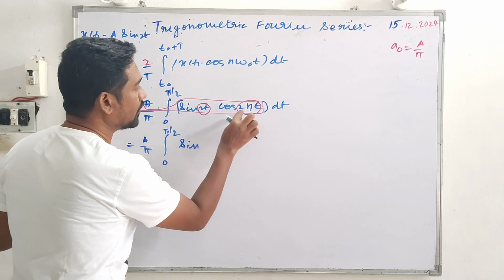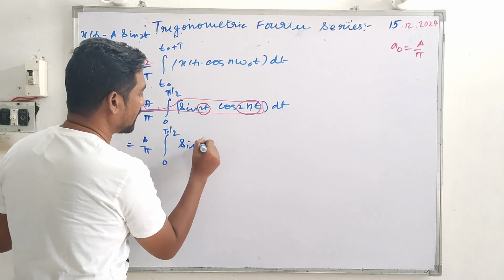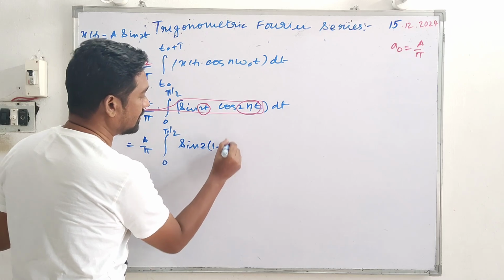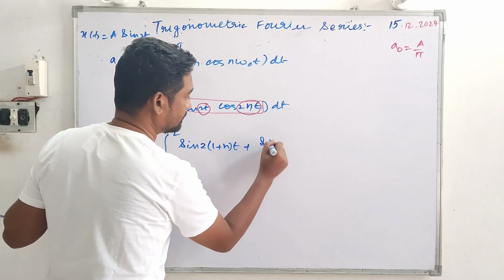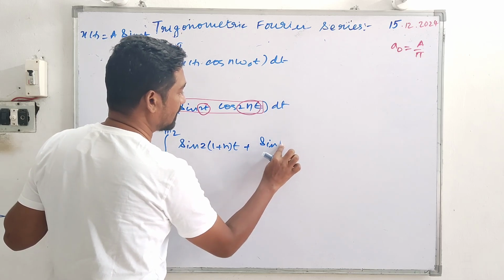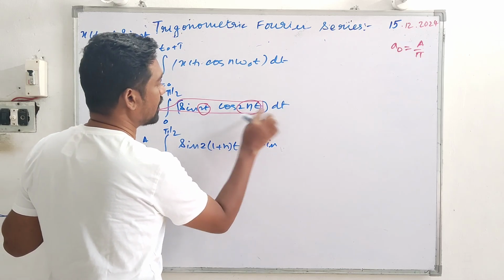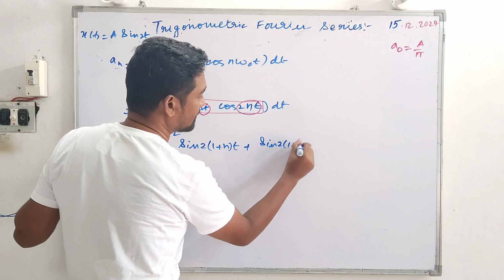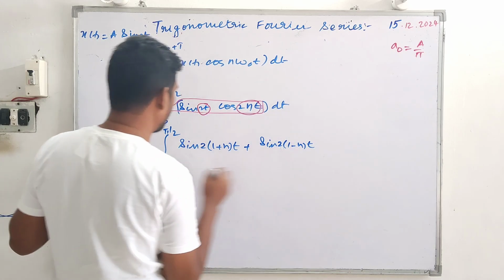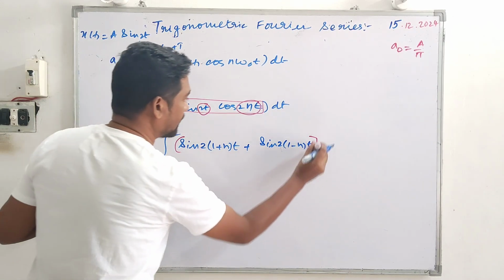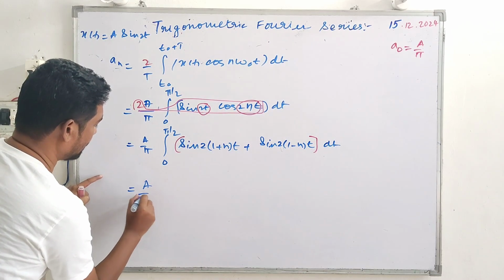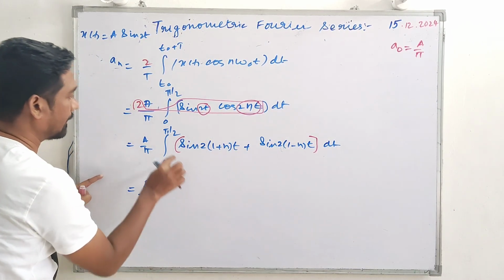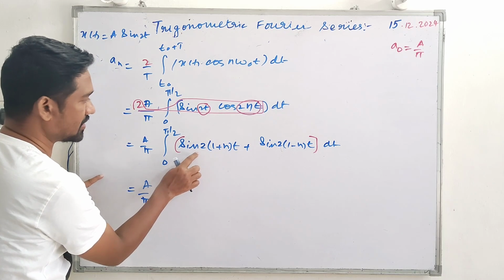Sin(a plus b) in the sense 2t plus 2nt, taking out 2 as common, 1 plus n inside and t also as common from both the terms, plus sin(a minus b) in the sense 2t minus 2nt, 2 as common, 1 minus n inside the bracket and t also as common. Here we go for that integration dt, and further a upon pi, integrating this one, the integral of sin theta d theta,